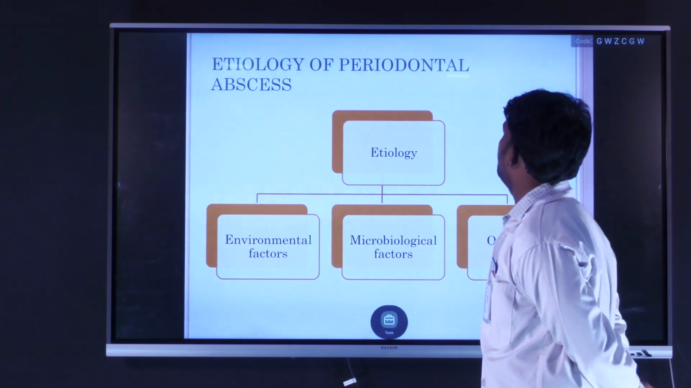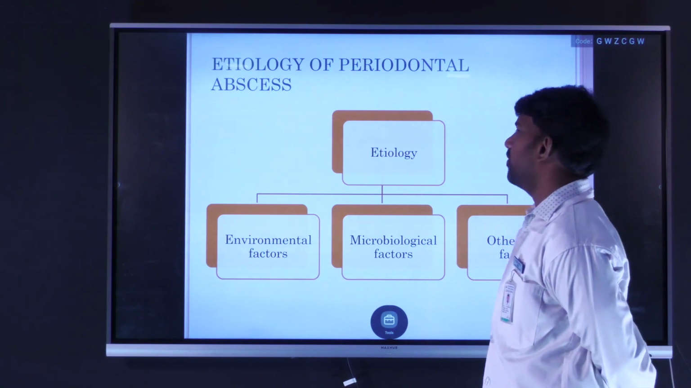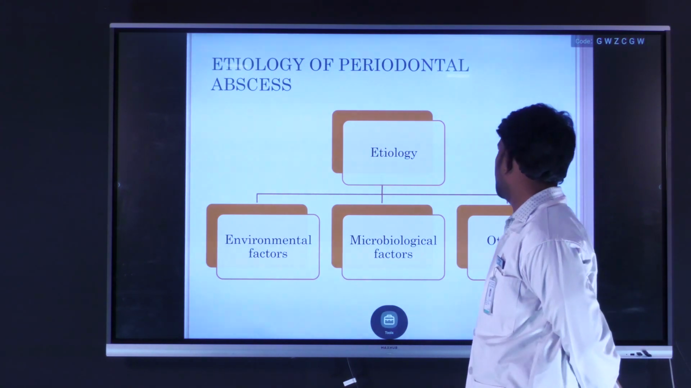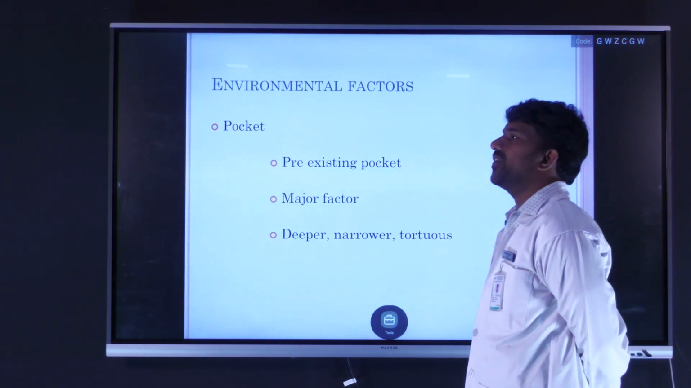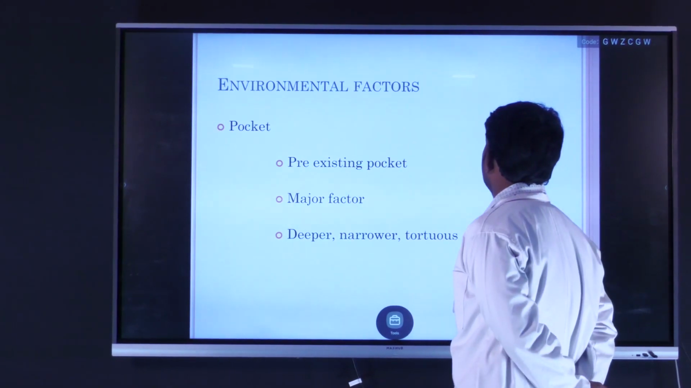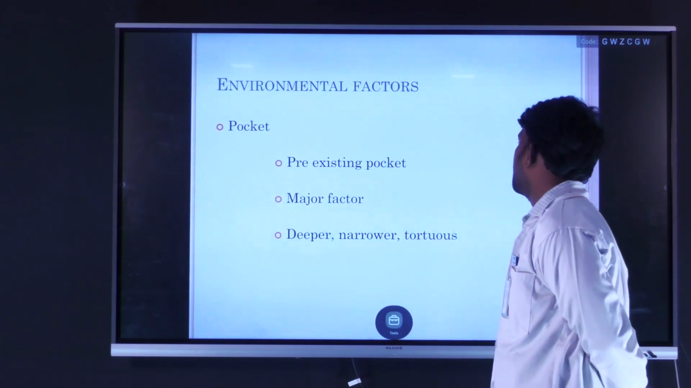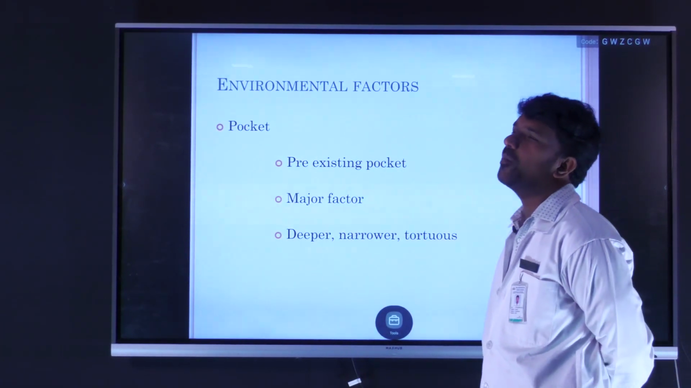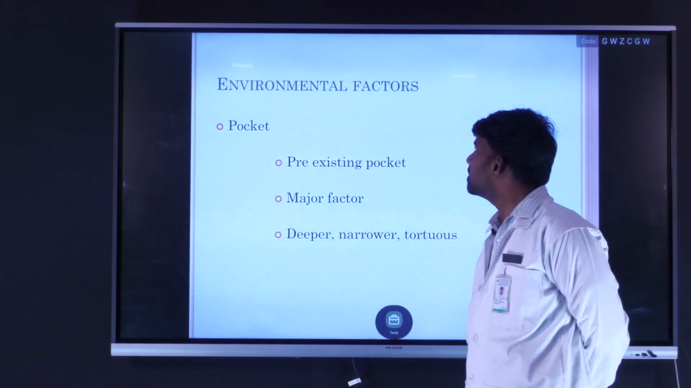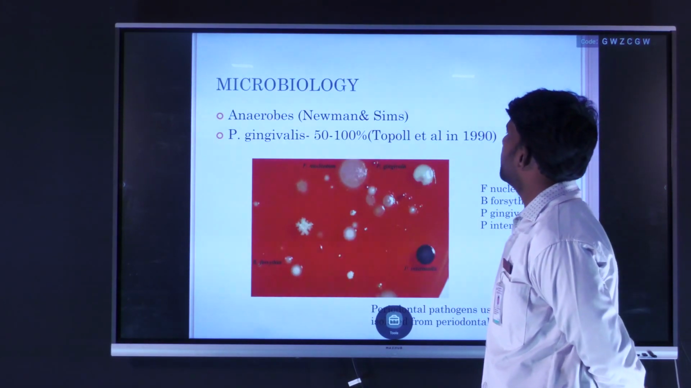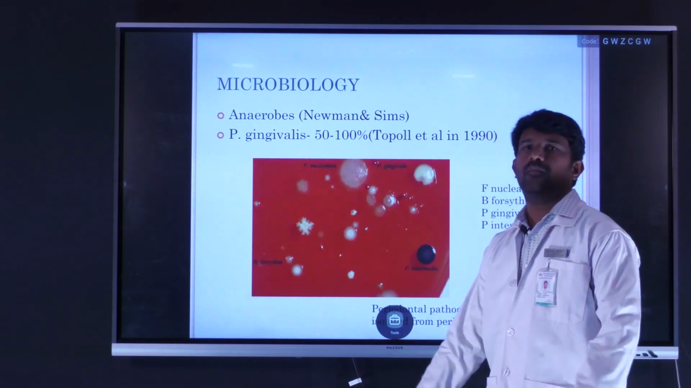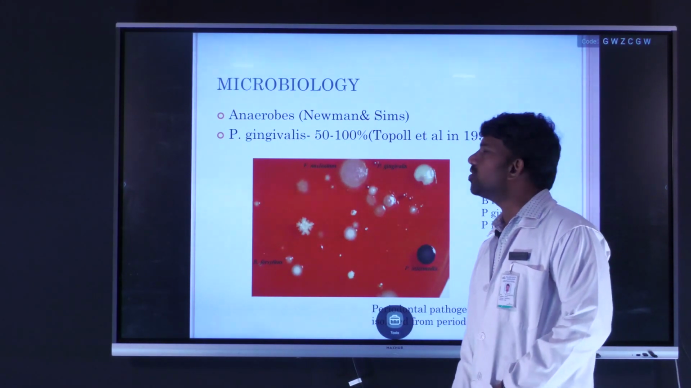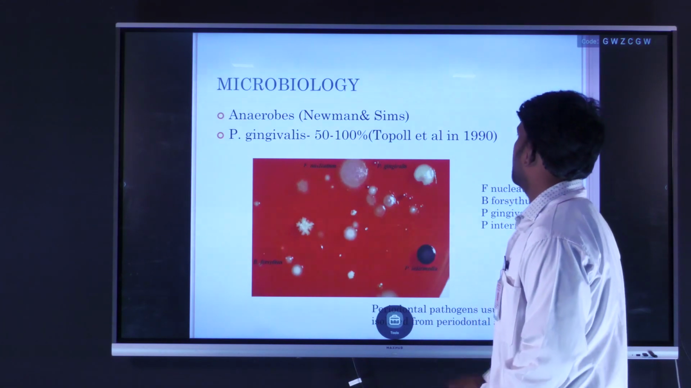Coming to the etiology of periodontal abscess, it can be divided into environmental, microbiological and other factors. Environmental are localized factors like a periodontal pocket, a pre-existing pocket, or deeper and narrower pockets, where in compound or complex pockets we can see this abscess. Regarding microbiology, most of the microorganisms are anaerobic